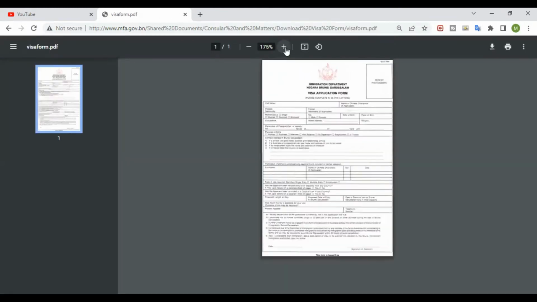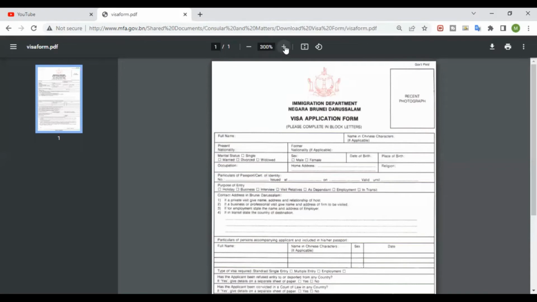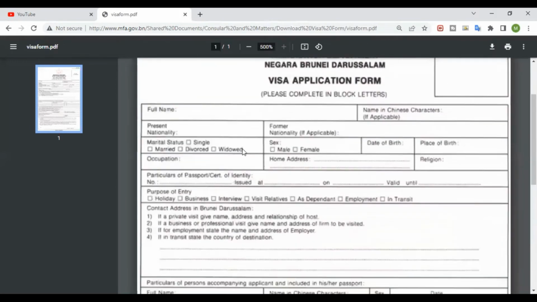I'm gonna zoom in and show you. You have to print it out again. So here you have to write down your full name, your name in Chinese characters if applicable, and then your nationality, if you're married, divorced, or single, the sex, male or female, date of birth, place of